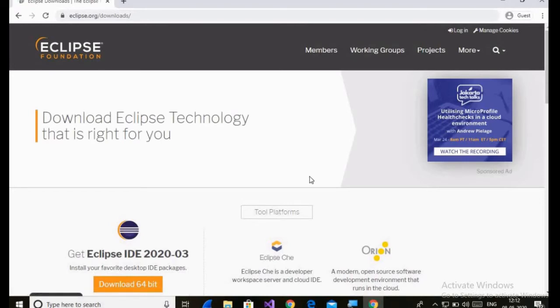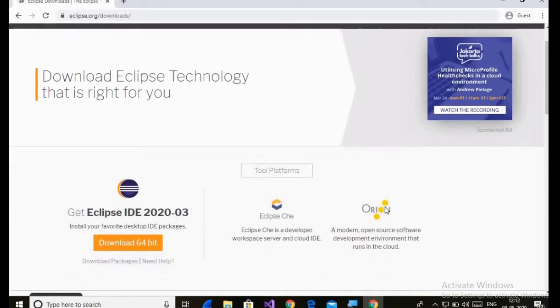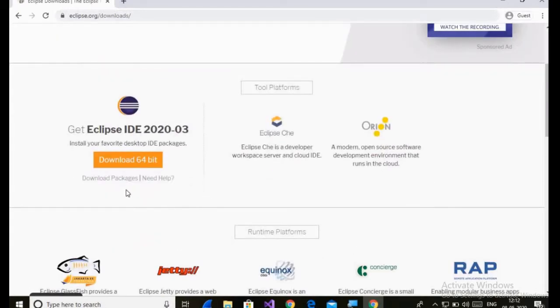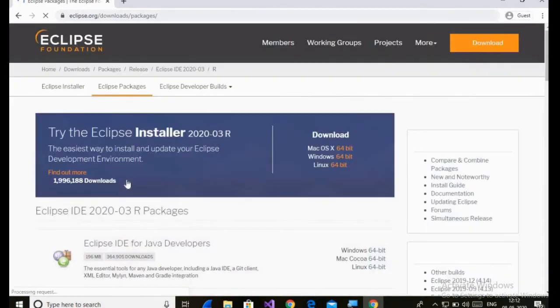Here you can find the latest Eclipse IDE, which is 2023. We are not interested in the latest one since we are beginners. We start with something which is basic. So I click here on download packages,